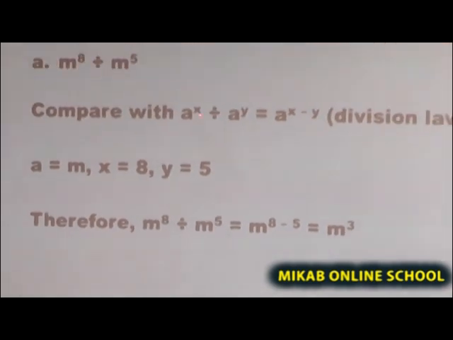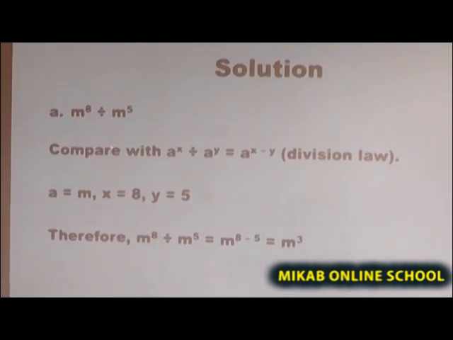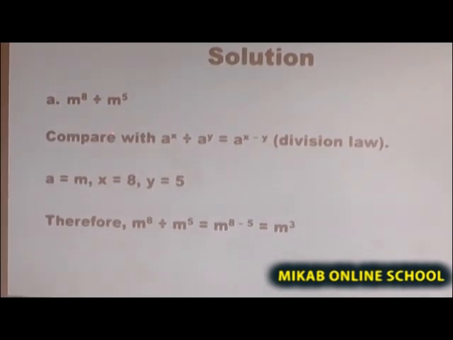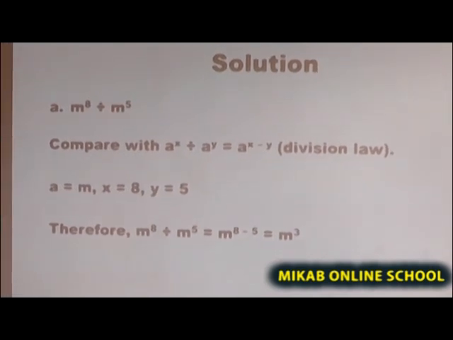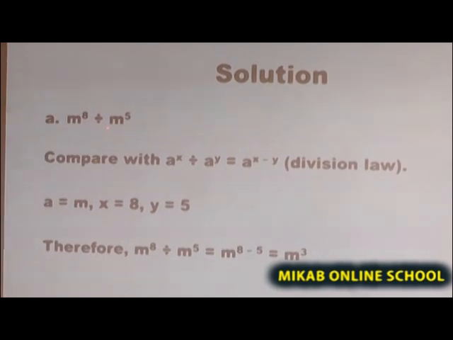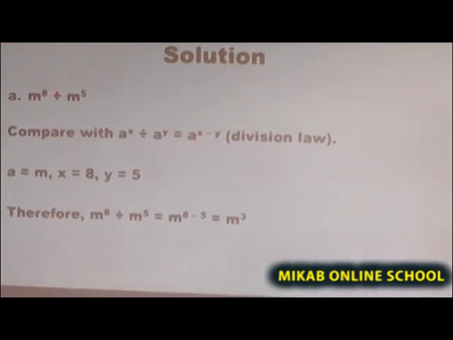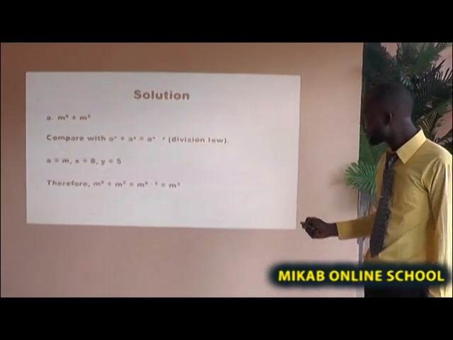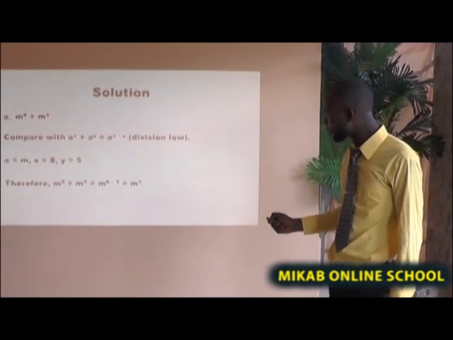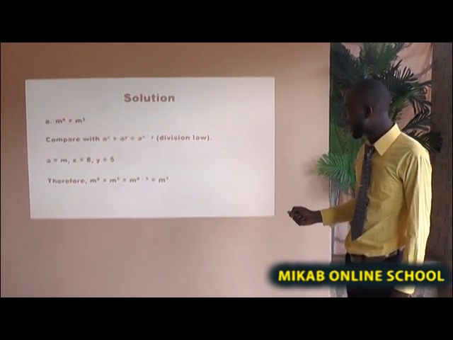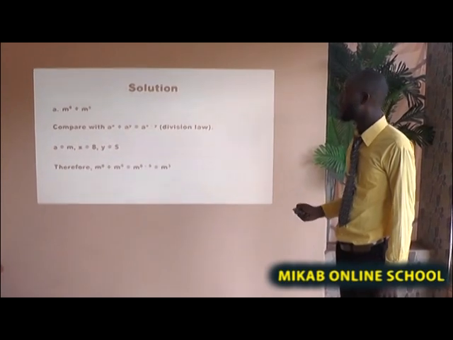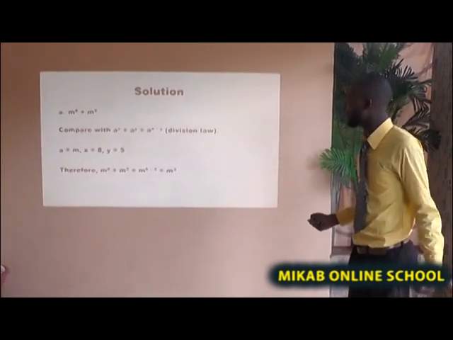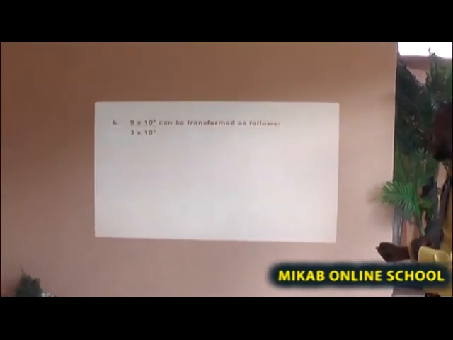The solution of this question is similar to the previous one. The only difference is the connectivity there that differs this one from the first one. The division sign here makes this to be subtracted from this one, and in the previous one you have to add the two powers. So we shall look at the solution of the second question under this division law, where we have